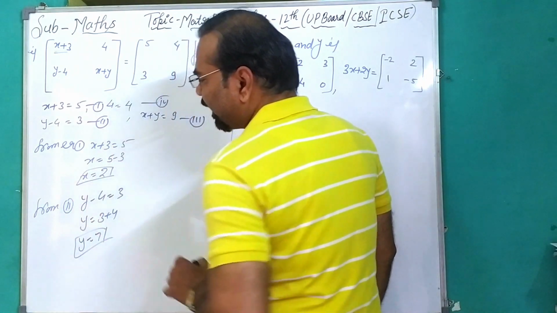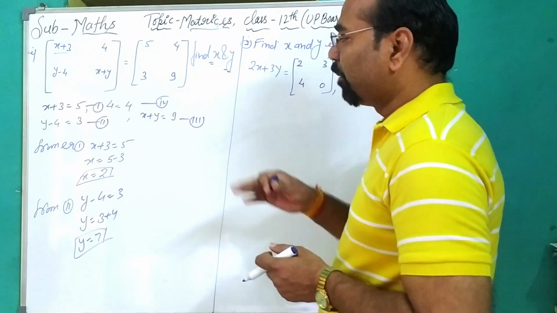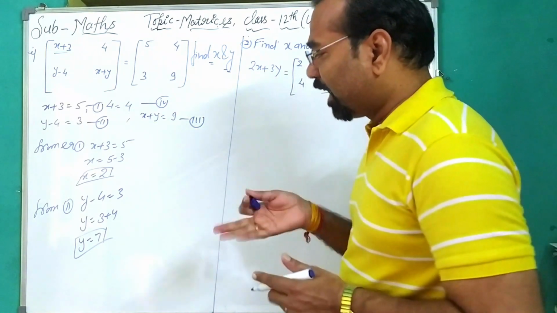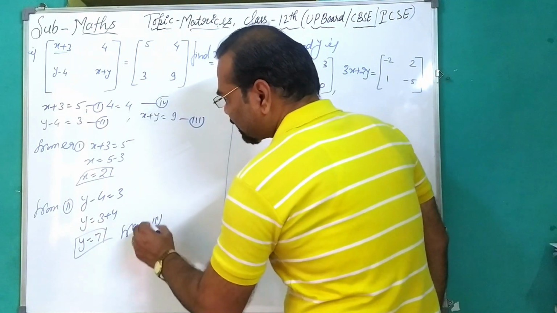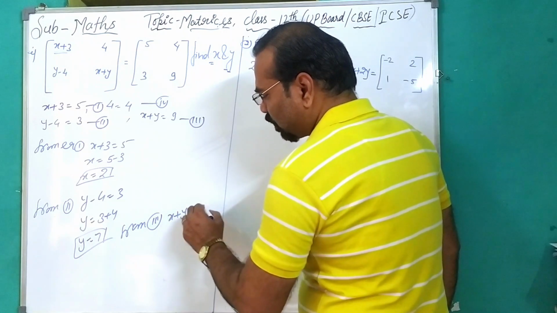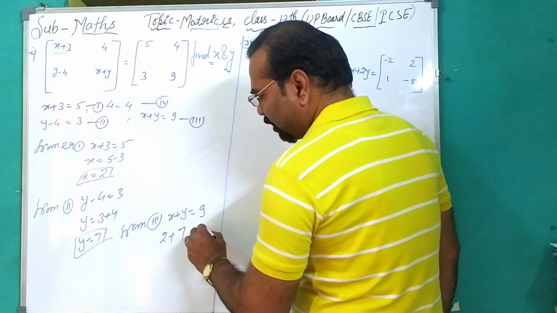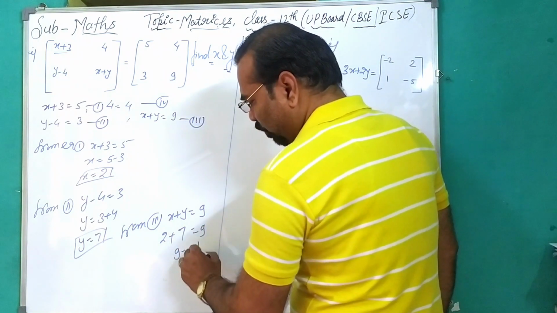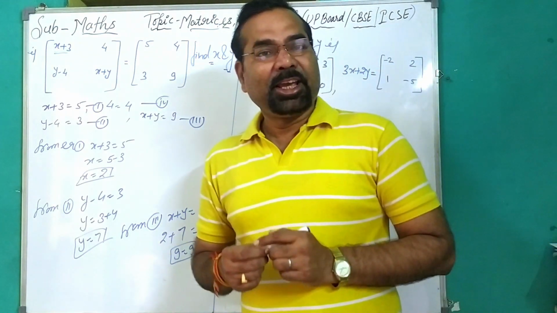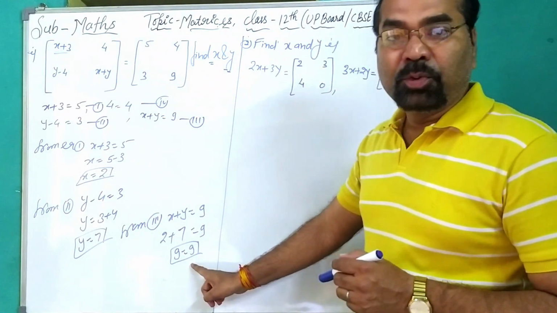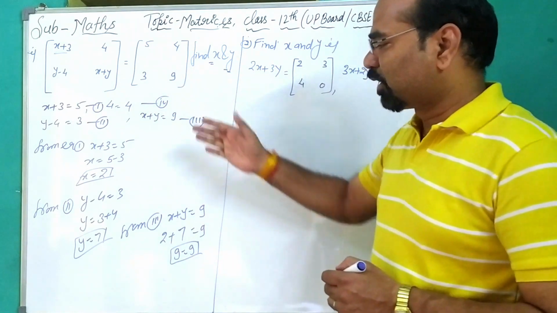So now we have calculated the values of x and y according to the question. We have to check whether these values are correct or not. How to check that? By using the third equation, x plus y is equal to 9. The value of x is 2 and the value of y is 7, so the sum is 9. So 9 is equal to 9. Both values satisfy that equation, which means the matrices are equal. Because these are two equal matrices, all their corresponding values are equal and satisfy each other.